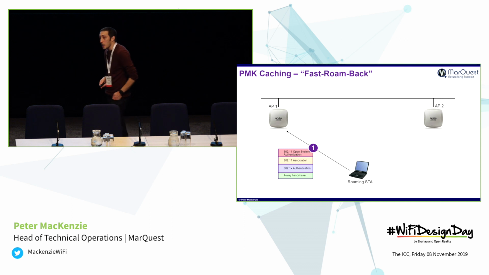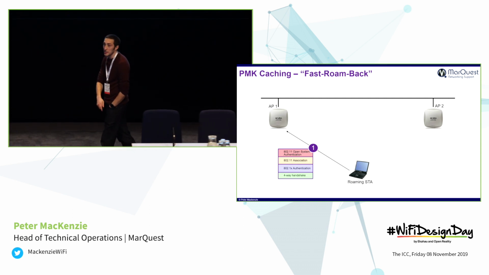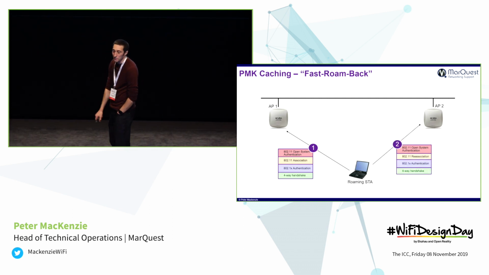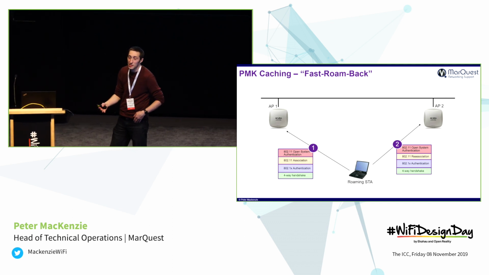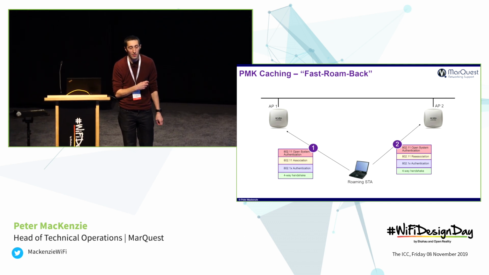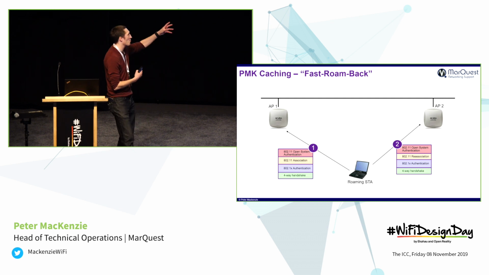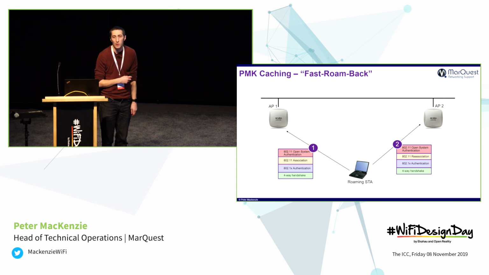When we come to move to AP2, we have to go through the same process. We have to go through open system authentication. This time we go through reassociation request and response. We then go through an 802.1x, and we go through the 4-way handshake. However,